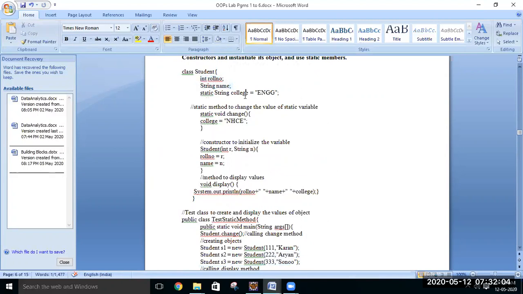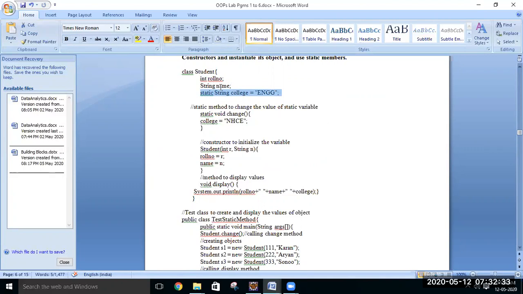But when it comes to a static variable, however many instances we create, all these instances will have a common view of this static variable. So a static variable acts like a global variable. We cannot have individual static variables for each instance. All the different instances will have a common view of this static variable. So it acts like a global variable.